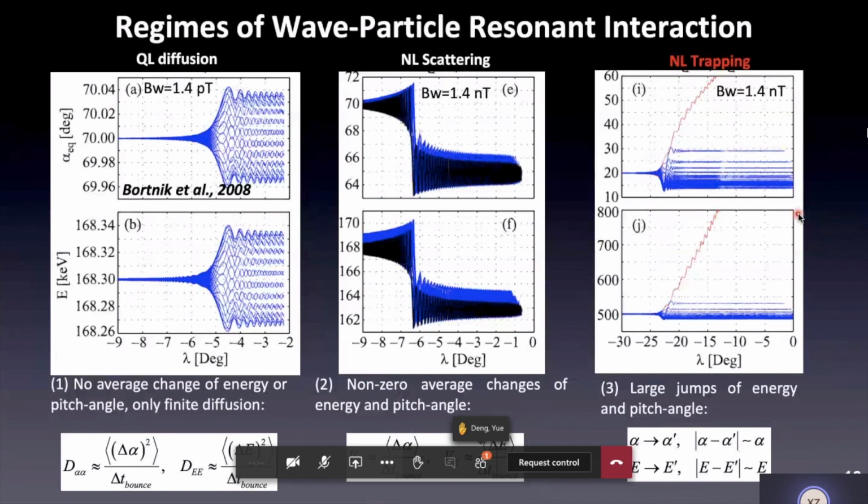And in order to incorporate this nonlinear scattering and nonlinear trapping, what we need to do is to quantify these drift terms and this transport operator related to this nonlinear scattering and trapping process. And this will require some theoretical efforts to incorporate observed intense Whistler wave properties, such as the intensity and the wave frequency, into these operators. So that's an ongoing effort, but